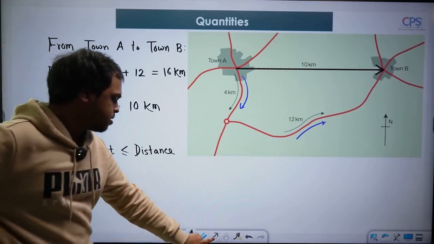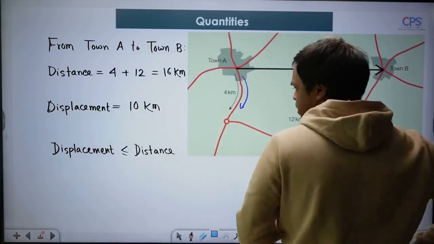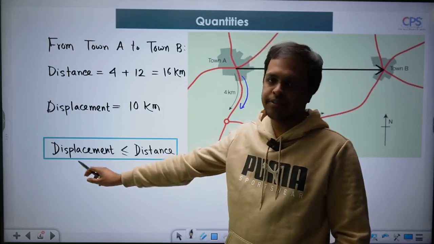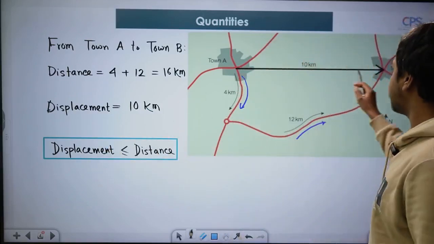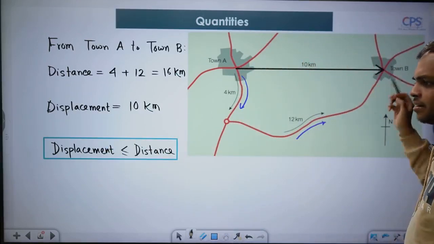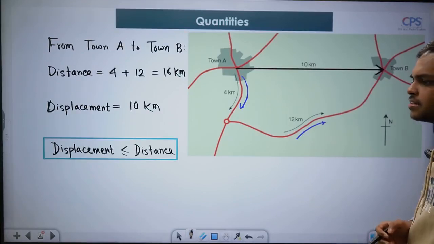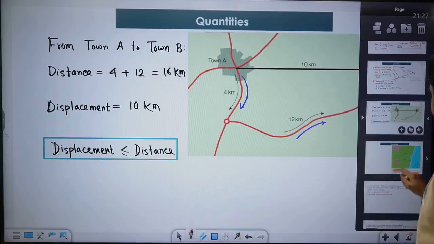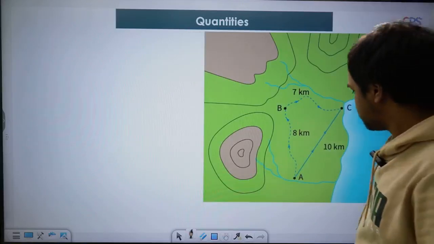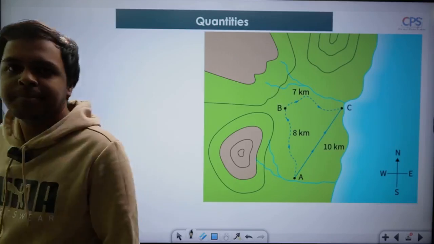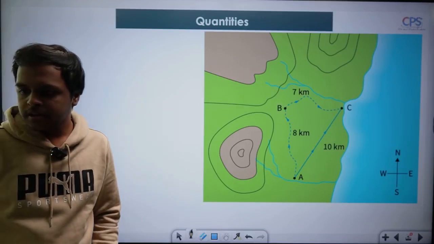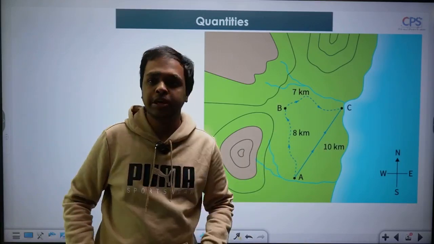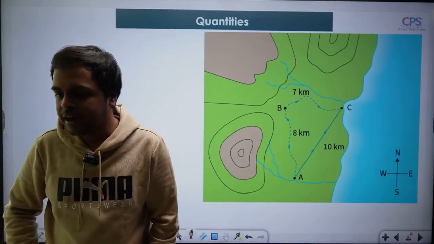Okay. So let's just make you remember displacement is a vector quantity, this one, the black line, and distance is a scalar quantity. Okay, let's go. Now we'll learn a bit extra right now. See, I can tell you about the same thing here, but I won't tell you like that. I'll tell you differently right now.